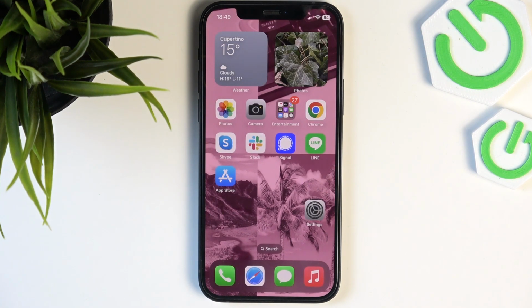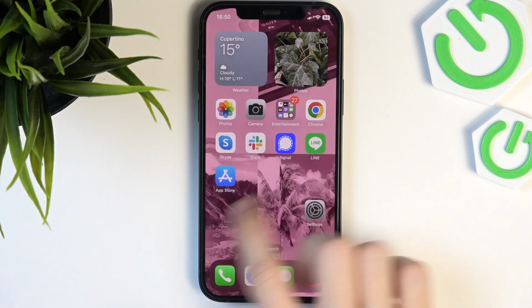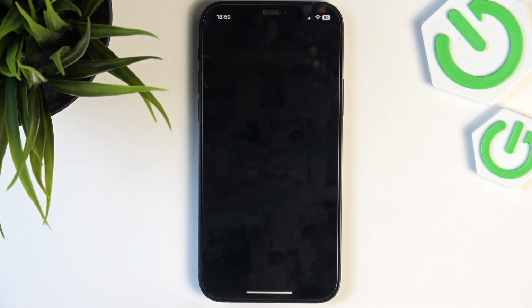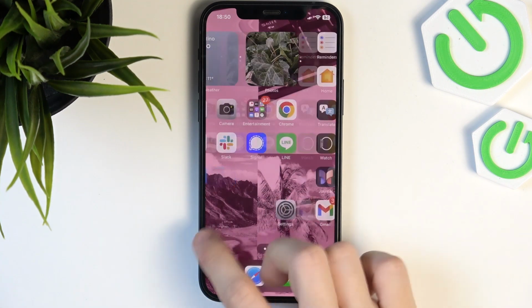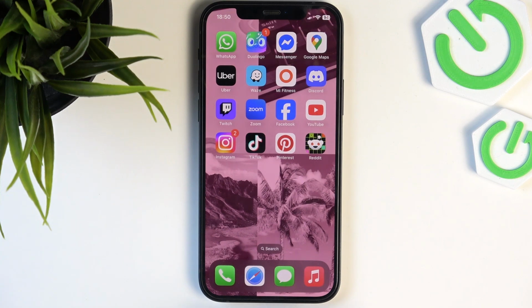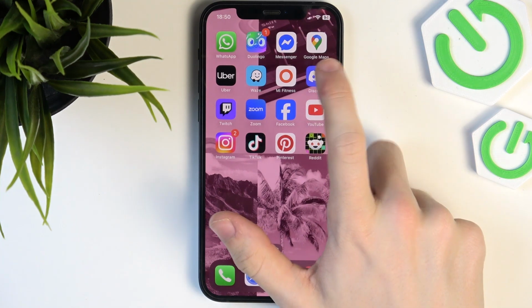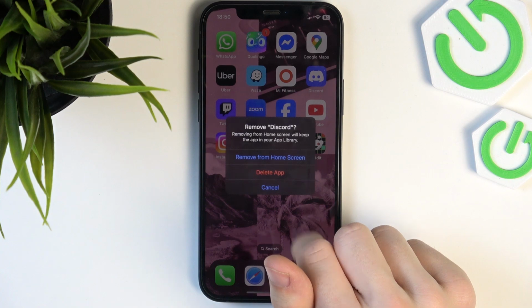And if it still doesn't work, then we're gonna reinstall it. But before we do, make sure that you will have access to your Discord account, since there's a chance you will be logged out after you reinstall the app. So either have your password saved somewhere, memorized, or maybe your password is already saved in the passwords app on your phone. So check it out, and if it is there, then you don't have to worry. And if you're sure that you will be able to log in after you reinstall that app, then just press and hold on it, click on remove app, delete,